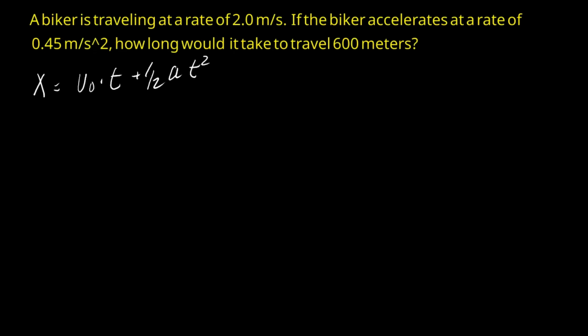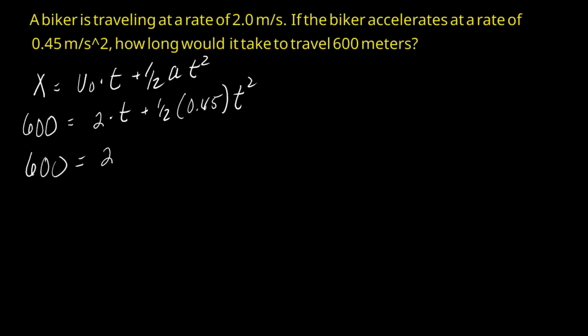All right, so he's going to be traveling 600. The initial velocity is 2 times t plus 1/2 of the acceleration, which is 0.45 times t squared. So we'll say 600 equals 2t plus